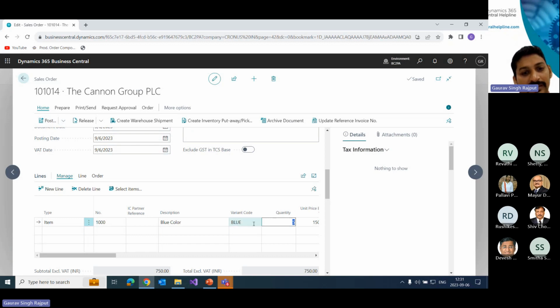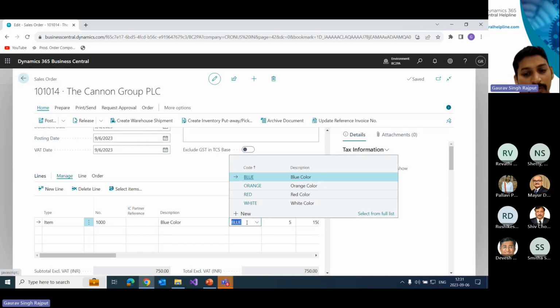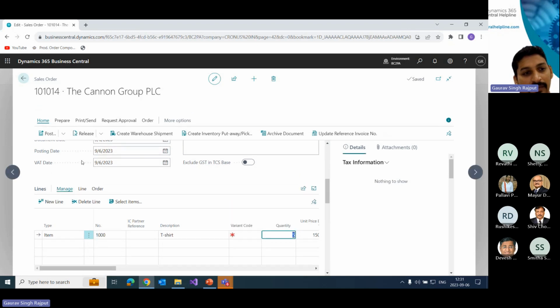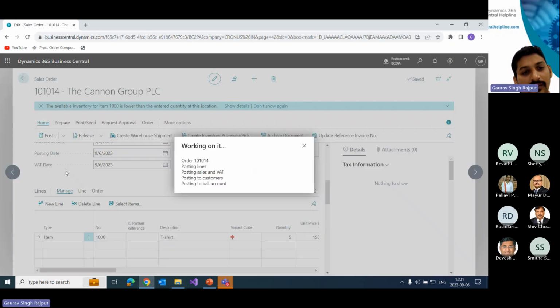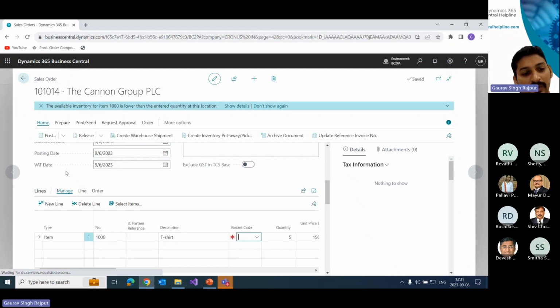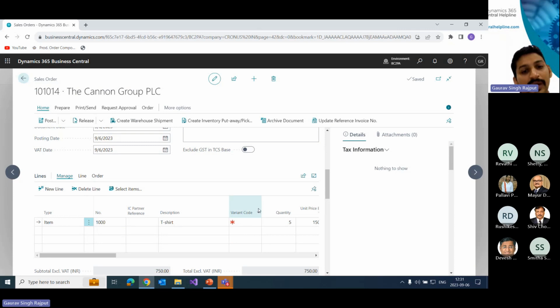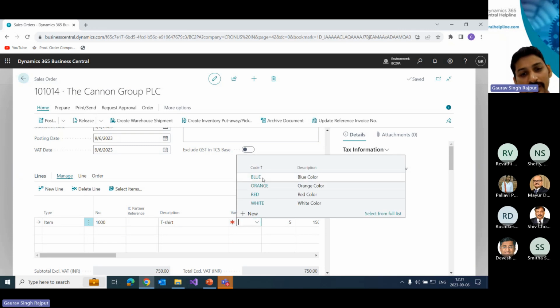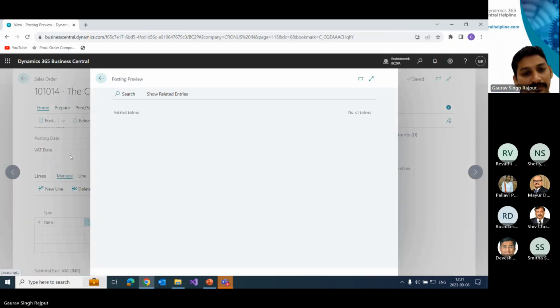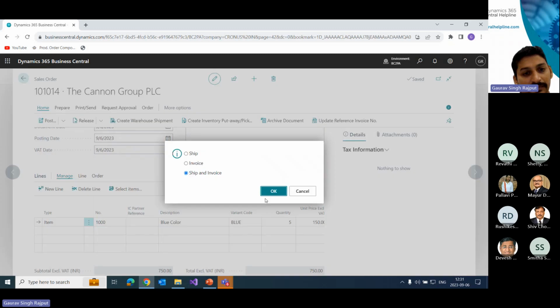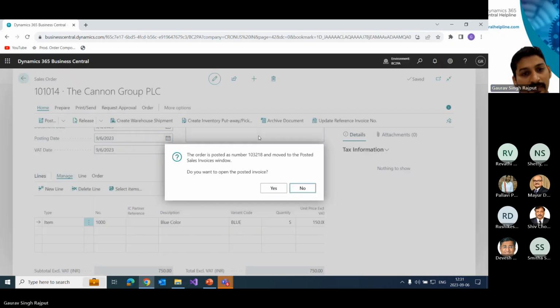Here also the same validation has been applied. Suppose if I miss to select this particular thing and if I do the preview posting, then it will give an error. Earlier, because there was no validation, it would reduce your inventory from the parent item code, which is actually not correct. So now the validation has been given. I will simply do the preview posting